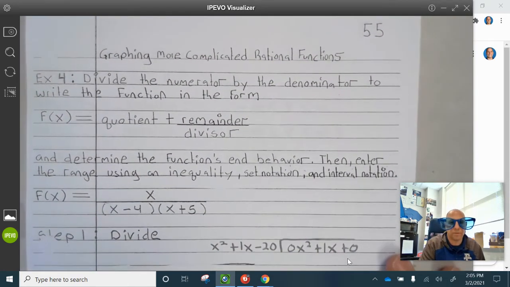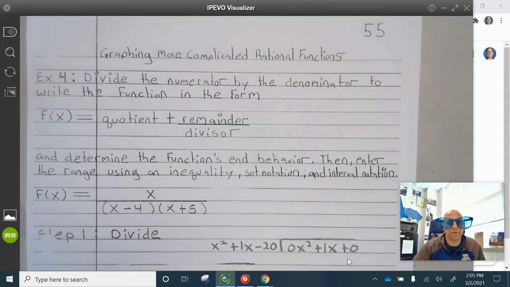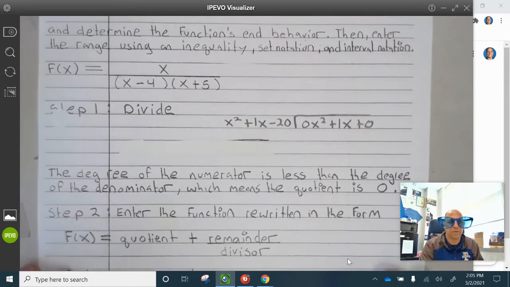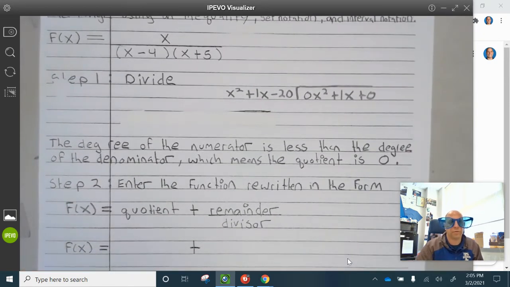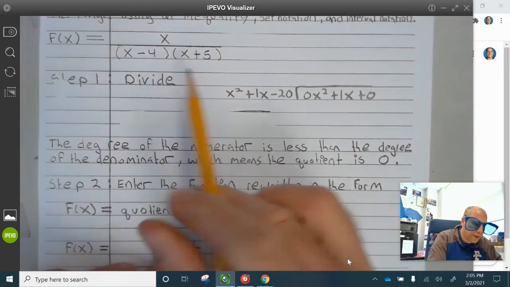Example 4. Divide the numerator by the denominator to write the function in the form f of x equals quotient plus remainder divided by divisor. And determine the function's end behavior, then enter the range using an inequality, set notation, and interval notation. Okay? So f of x equals x divided by x minus 4 times x plus 5. Now to divide, we need to expand